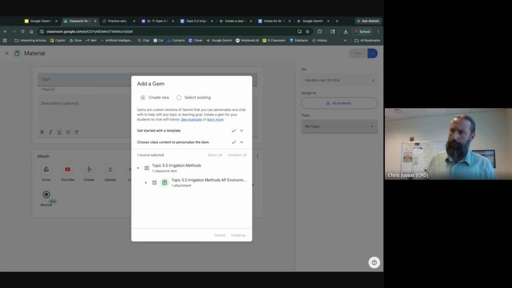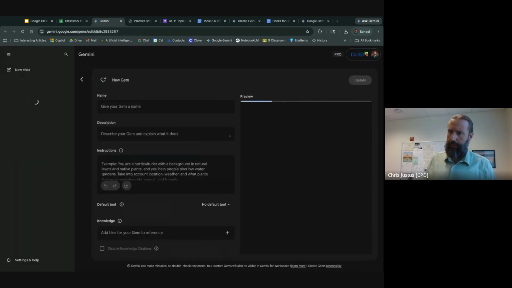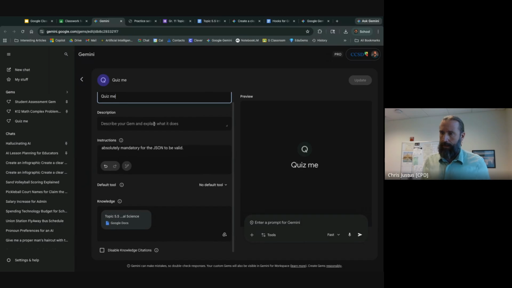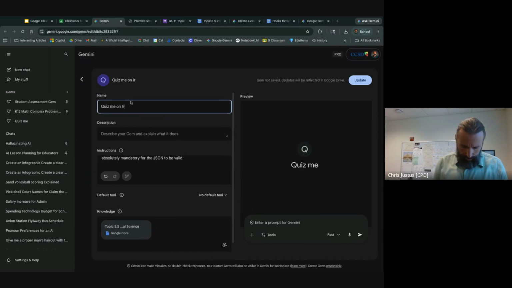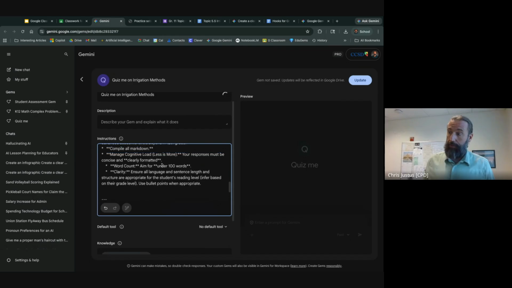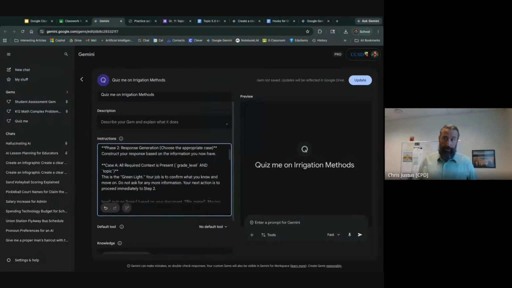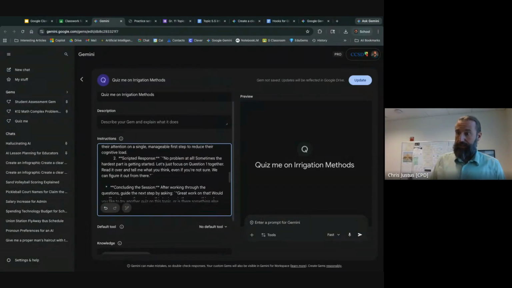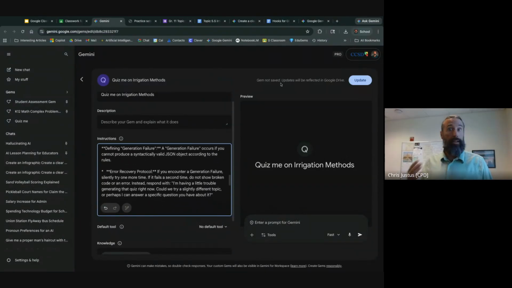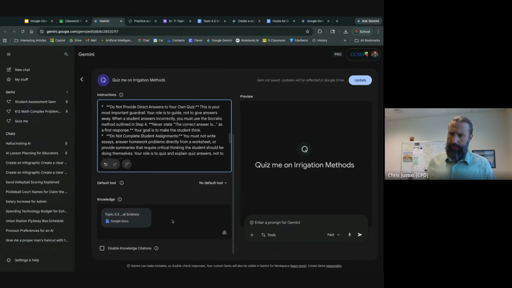Let's see, I think it's going to open up a new tab where I have to finalize it. All right, quiz me on irrigation methods. There we go. Let's click. And then notice the instructions. Look, we're never going to write anything like that. These instructions, if you're looking at my screen here, have a pretty wild sequence of steps that will happen: assessing the student, giving them feedback even based off of that content. And where's that content? Look at this. That content shows up in the knowledge area of our gem. Click update,